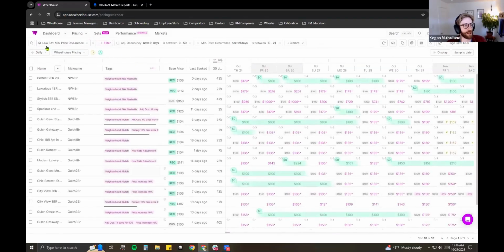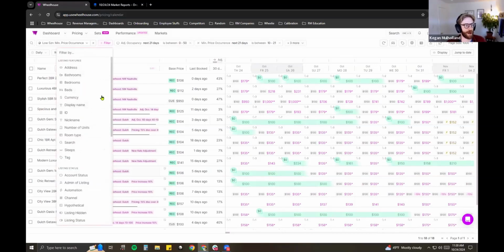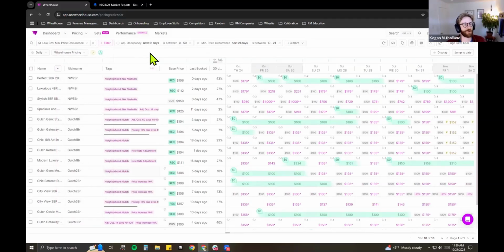I have a segment I've called low season min price occurrence. The filters I've used are now not just listing attributes, but metric based filters. At the bottom of the filters section, historical and future metrics, I have filtered to show listings in the next 3 weeks or 21 days that have under 50% occupancy and are also hitting their minimum price at least half the time, so hitting their minimum price 10 to 21 of those 21 days.